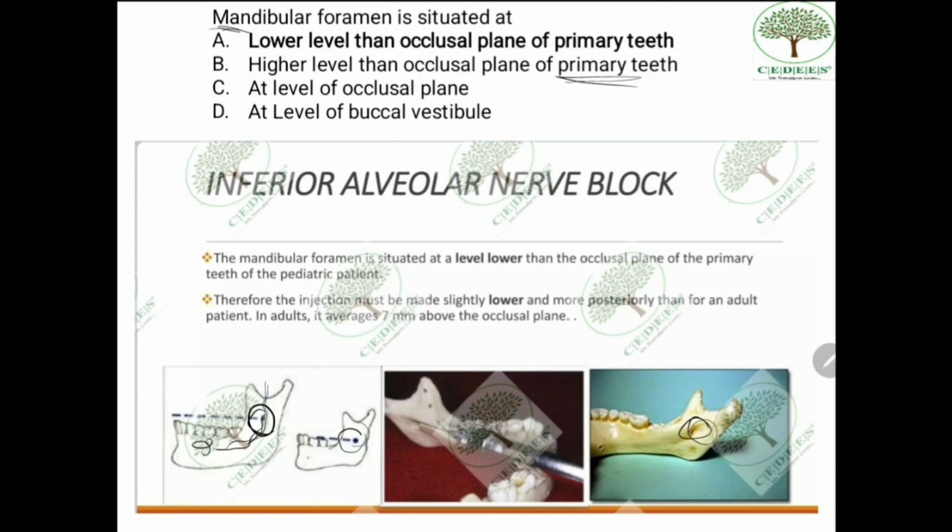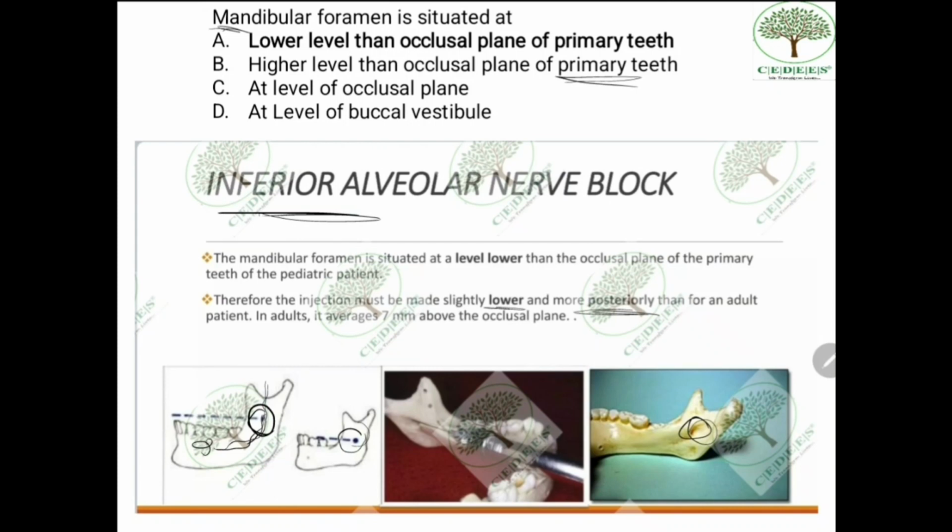That is the reason why when we are giving the inferior alveolar nerve block to anesthetize the inferior alveolar nerve, we have to be very careful that when we are passing the needle, it should be slightly low and more posteriorly than for adults. Always keep this in mind. It's a very important question. In a child, while giving the nerve block, our target is essentially that we want to anesthetize the nerve as it's entering the foramen. So we need to know the exact location of the foramen. So keep in mind that this